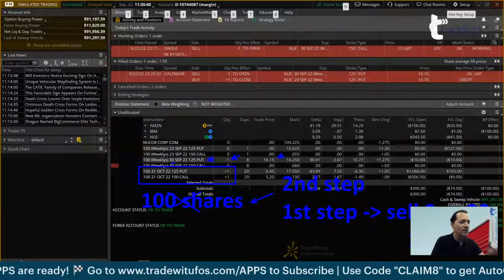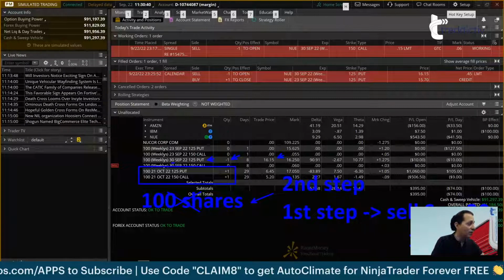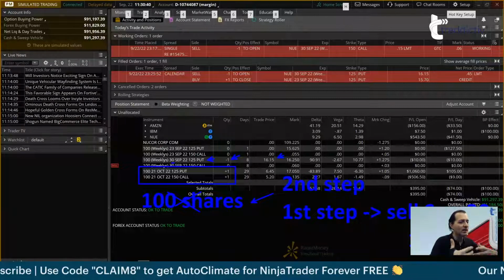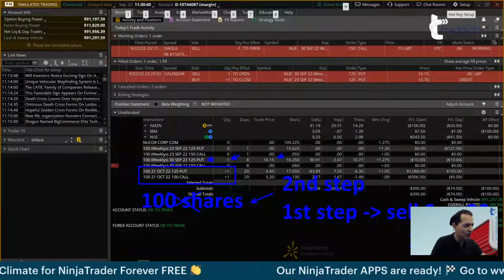Okay, because again, you may suffer a little bit of a spread, but it's going to be quite minimal. So I would recommend you go for the put first, because it's going to take a greater amount of time to get the put filled, especially if you want to negotiate your spread well.